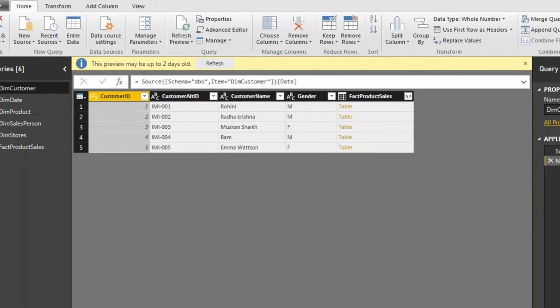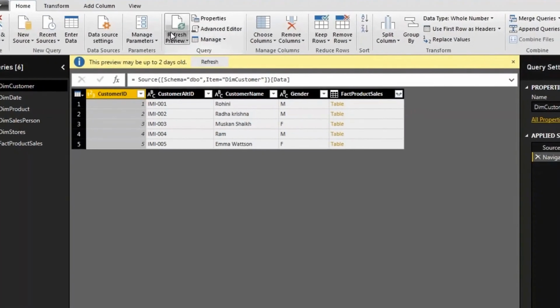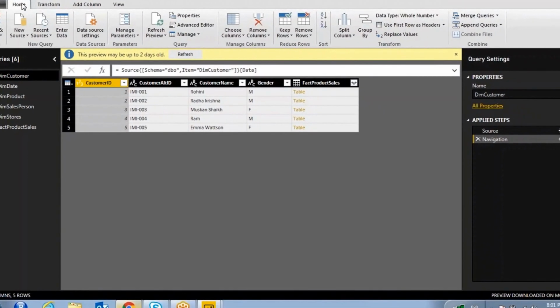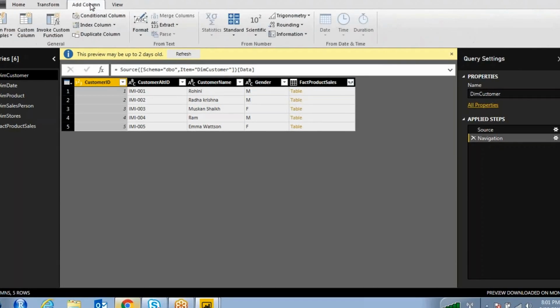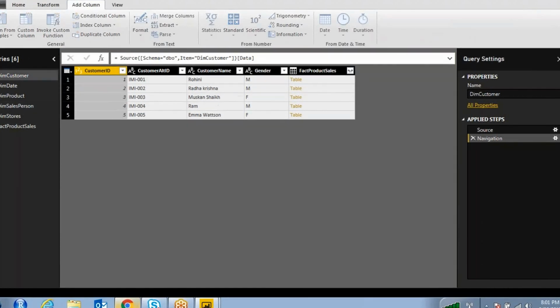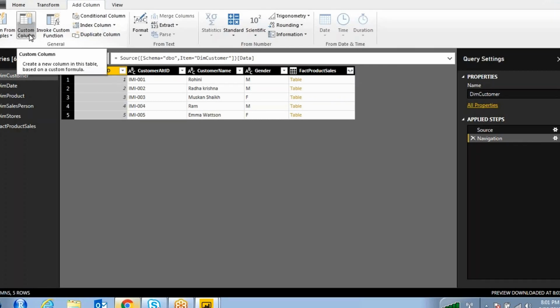In the last two sessions, we have discussed this home tab and this transform tab in the edit query mode, right? So now we are going to discuss this add column tab and view tab. What will this add column tab do? If you want to add any new column, for example, whatever table I have, this is a customer table. If you want to add a new column for this table, you can add a custom column, right?